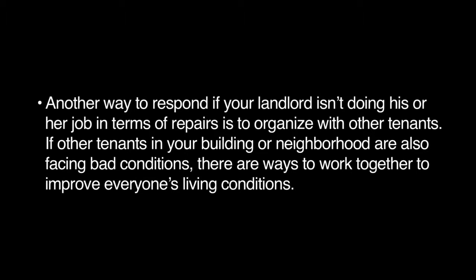Another way to respond if your landlord isn't doing his or her job in terms of repairs is to organize with other tenants. If other tenants in your building or in your neighborhood are also facing bad conditions, there are ways to work together to improve everyone's living conditions. Seek out your local tenant union or speak with your neighbors about working together to pressure the landlord to make